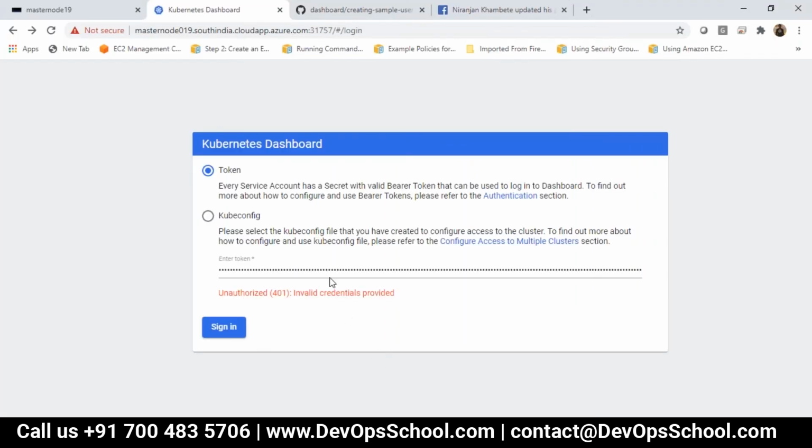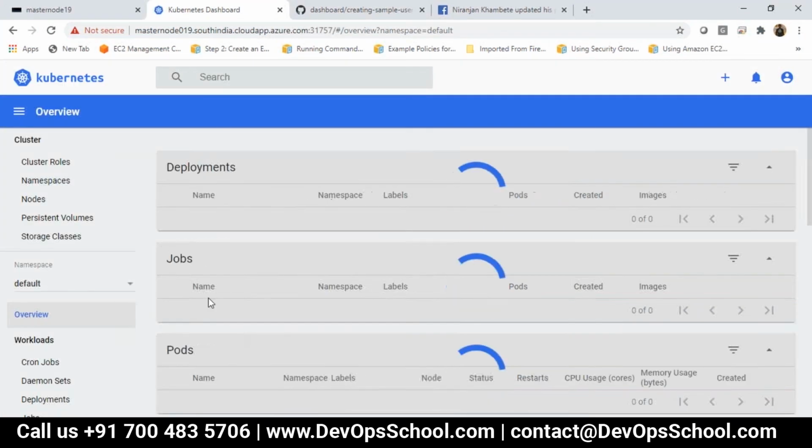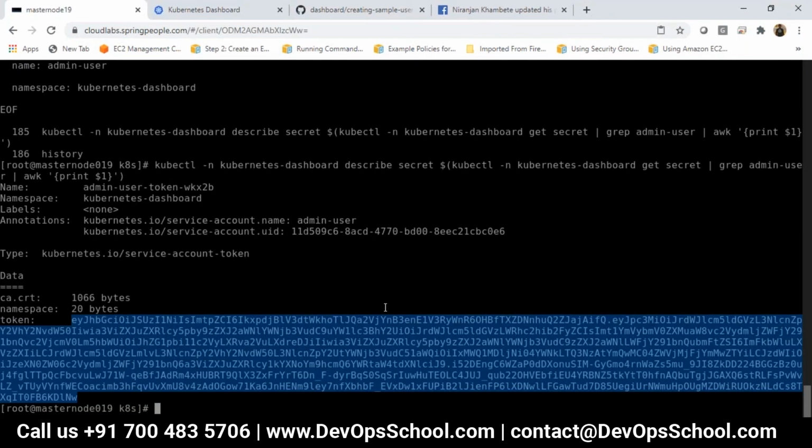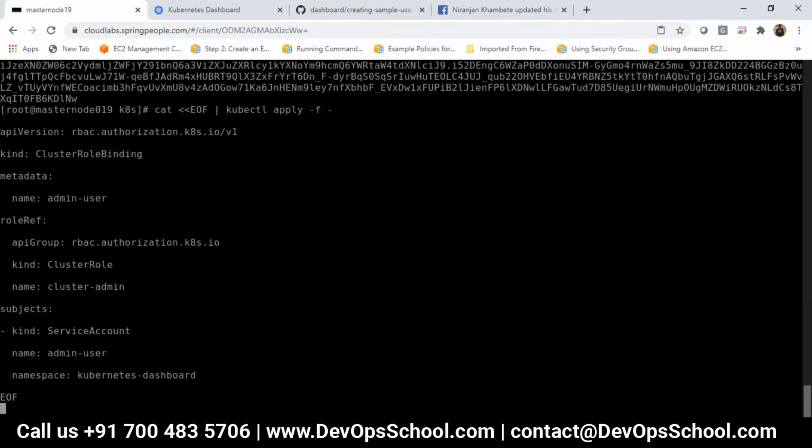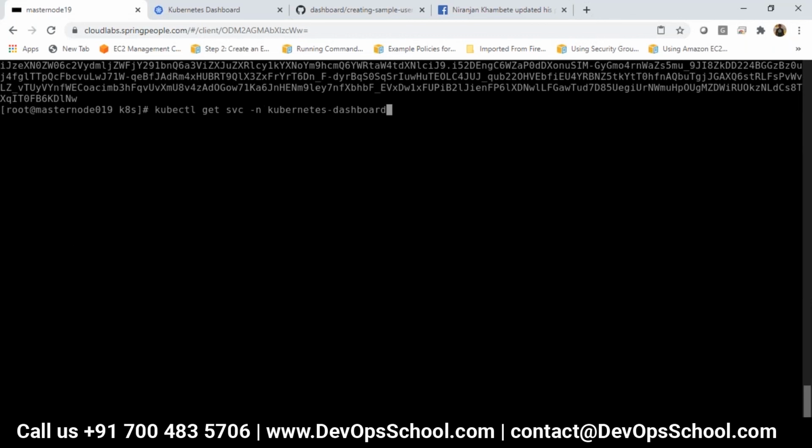So where we need to change that cluster IP to node port. Can you paste that command here? Just a second. First, give that command kubectl get svc -n kubernetes-dashboard.